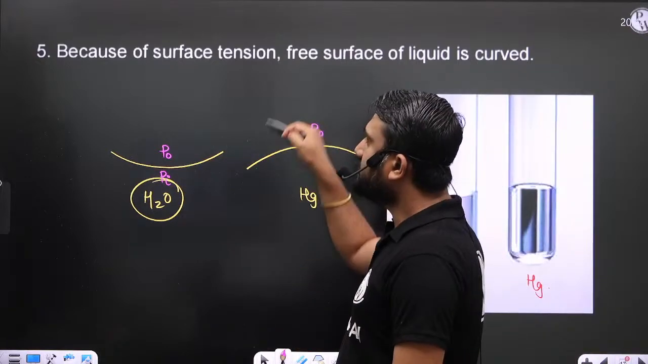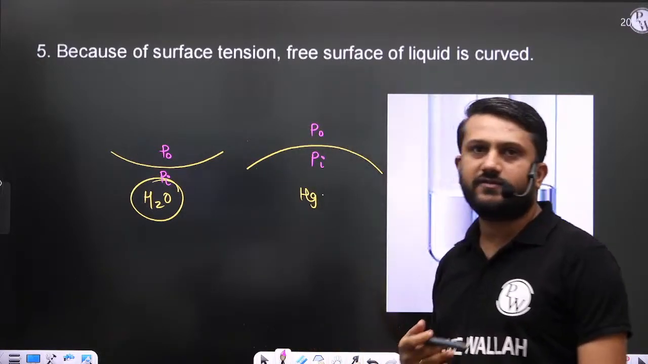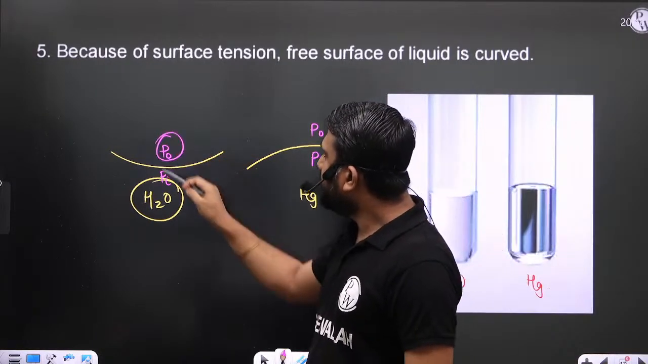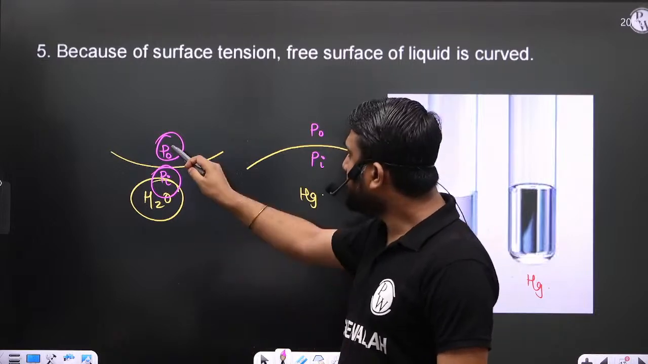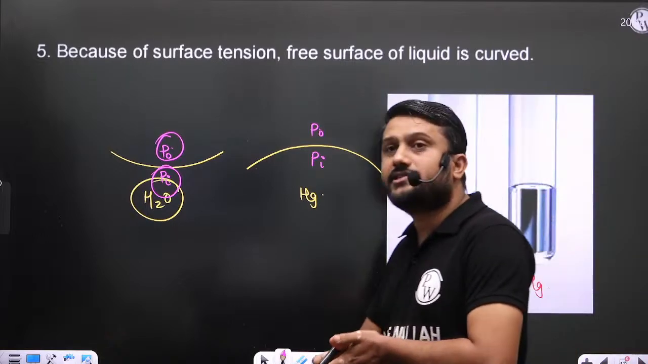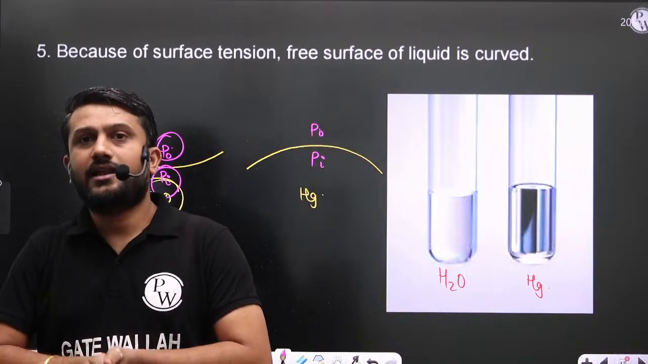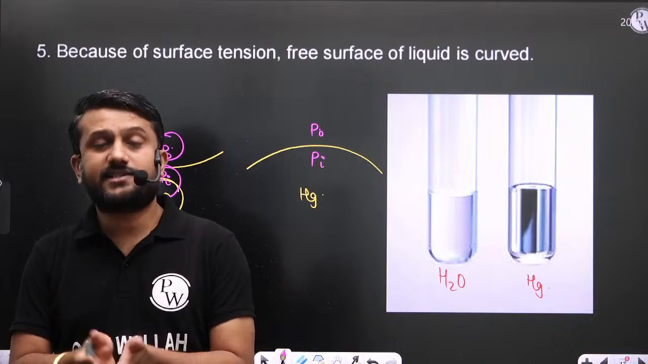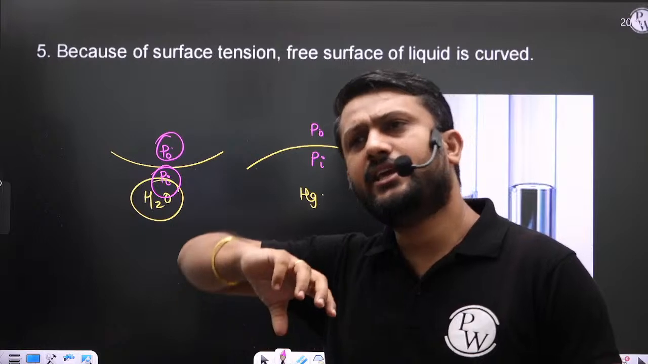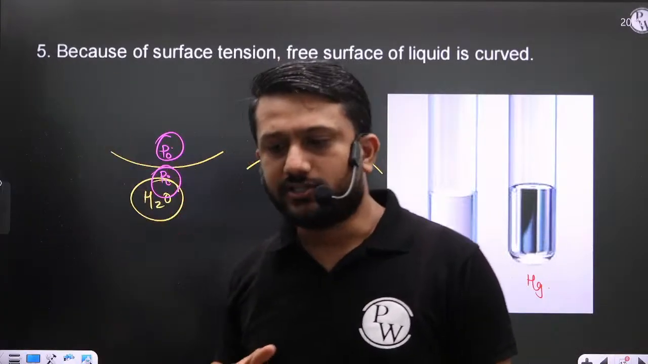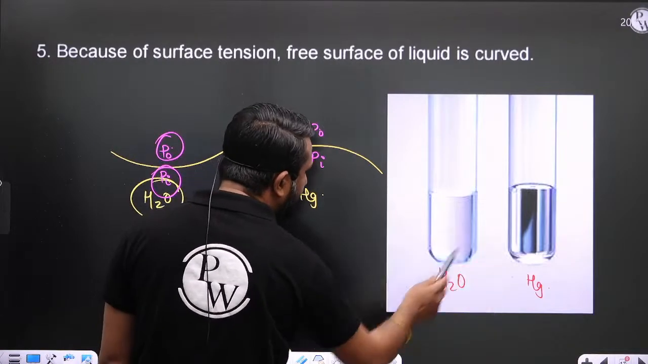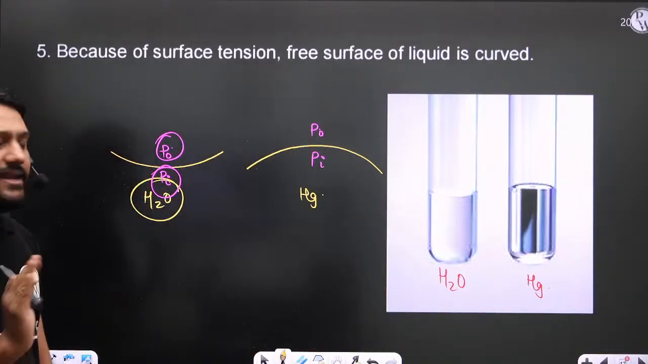If I'm talking about the curved surface, because of the surface tension, that free surface of the liquid is curved. And if I'm talking about the pressure, this pressure and this pressure are not the same. So basically there is a pressure difference across a liquid interface, and that pressure difference we can calculate by using the surface tension concept also. So I'm not deriving that one, I'm directly writing that delta P